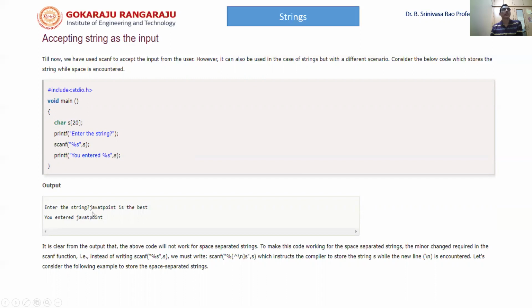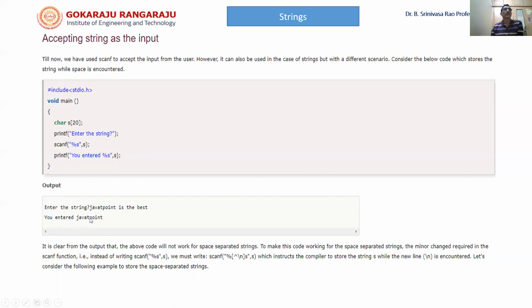For example, you are giving "Javapoint is the best". So here the blanks are also there, that are separating the words. So in such a case, when the blanks are there, or if a string is being separated by blanks, the previous statements we have used are not useful, but scanf is useful. Now by using scanf, all these words or tokens along with these blanks will be taken, and now if you print it, you will print as